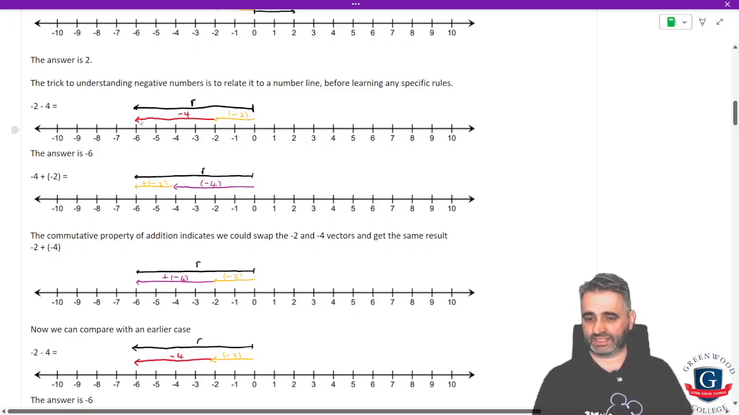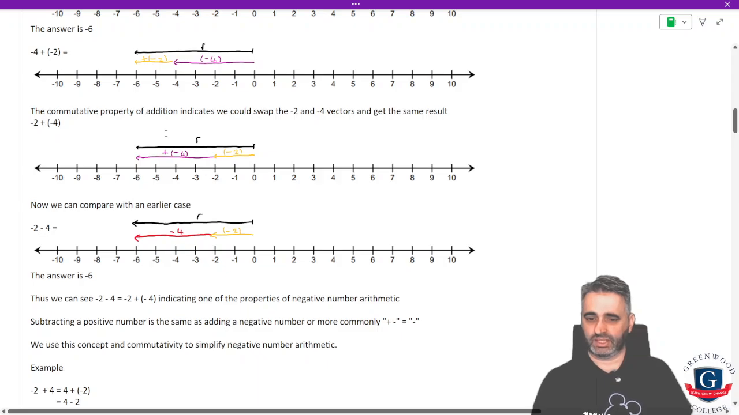So here we go. -2, subtract another 4. The distance is 6 in the opposite direction to positive, so the answer is going to be -6. -4 plus -2, so the -4 vector plus the -2 vector gives us -6. Now, the commutative property of addition indicates we could swap the -2 and the -4 vector and get the same result, so let's do that. We'll do -2 before we do -4. So here we did -4 first, now we're doing -2 first. -2 plus -4